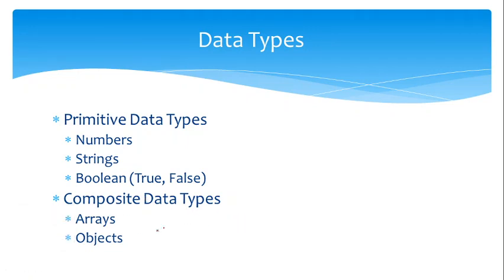And composite data type is array and object. Composite data type is not a primitive data type, it is derived from the primitive data type, that is array, object, function, those are the things. Structure, union, all those things will be composite data type. So composite data type is array and objects. So this is about the data type. Okay, and different data types have different sizes of the variable.